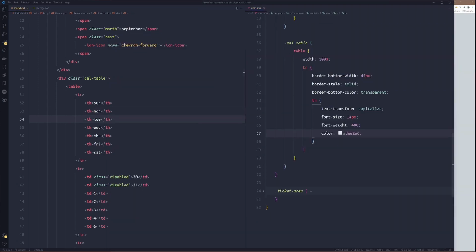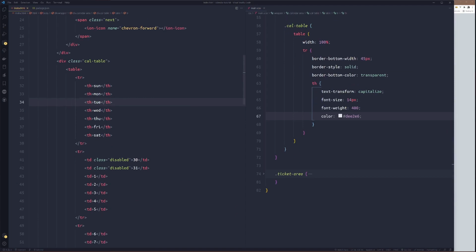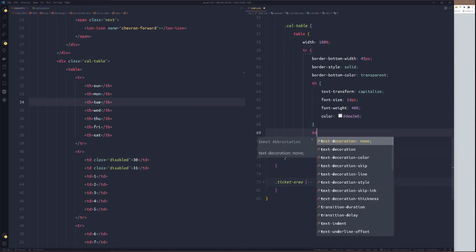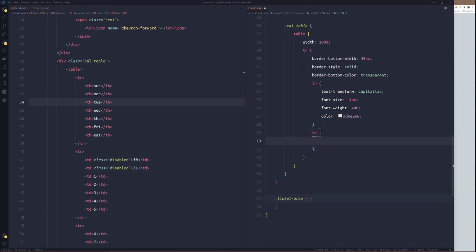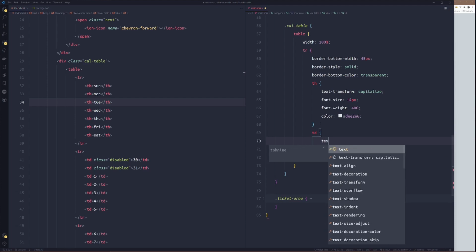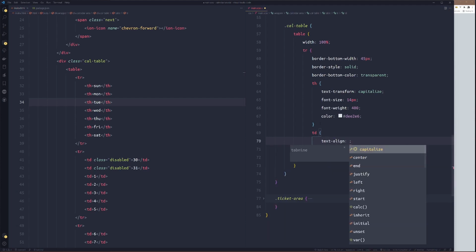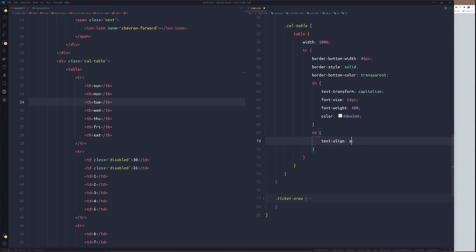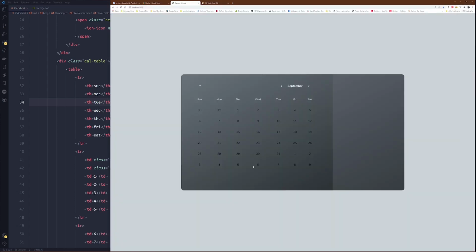So now, we target the TD here. So after TH, we'll target TD. So TD will text align to center. That's how they do it now. Okay. Text align to center.